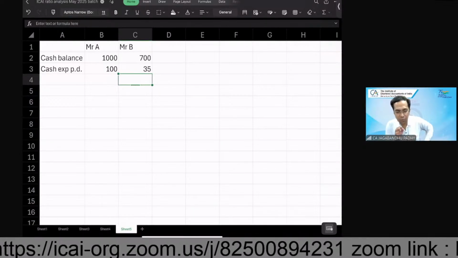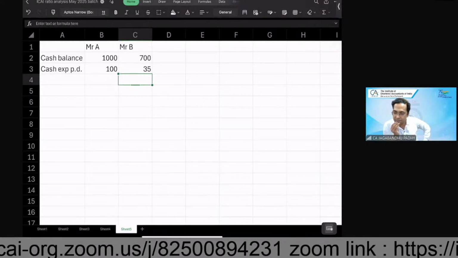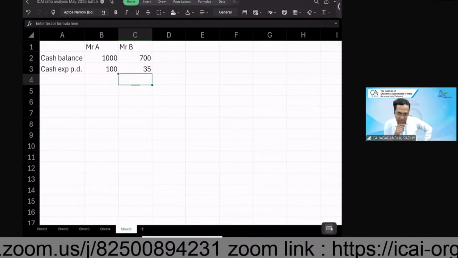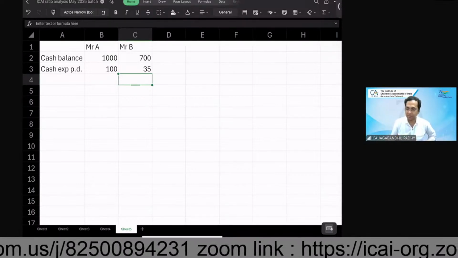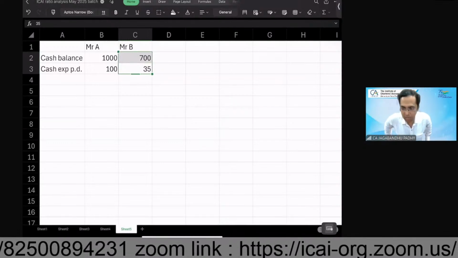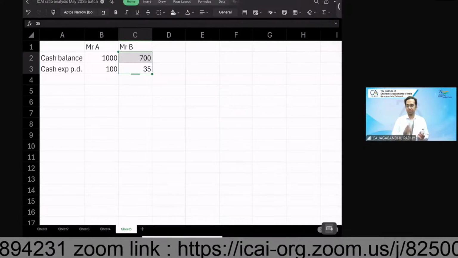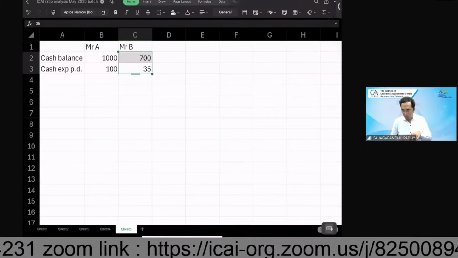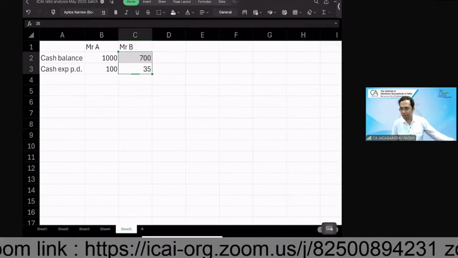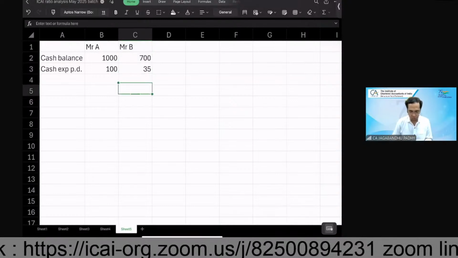Can you tell me who is more capable of bearing the expenses on a day-to-day basis? Is it A or B? B. Why is it so? Why do you say that B is more capable to bear the risk or bear the paying capacity? Yeah, 20 days. Okay. So if I ask you,